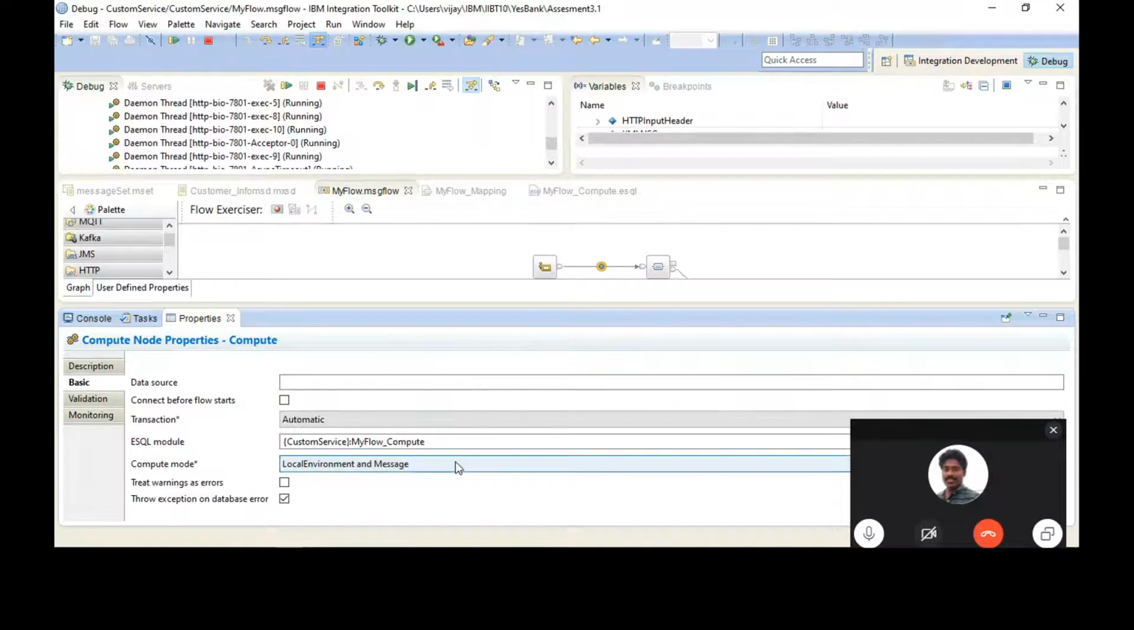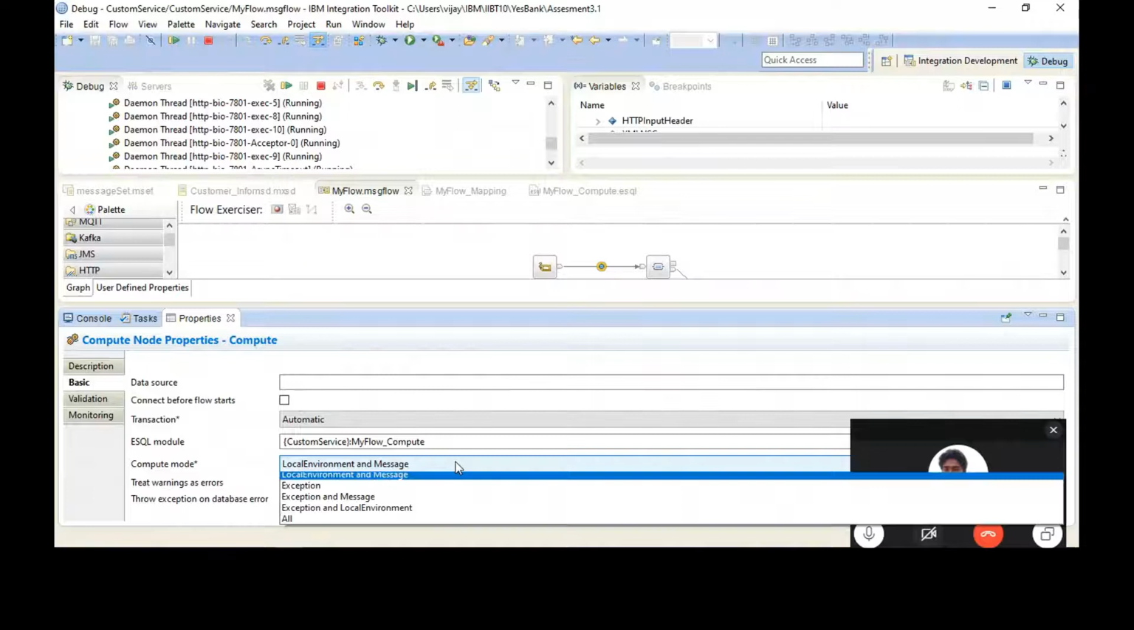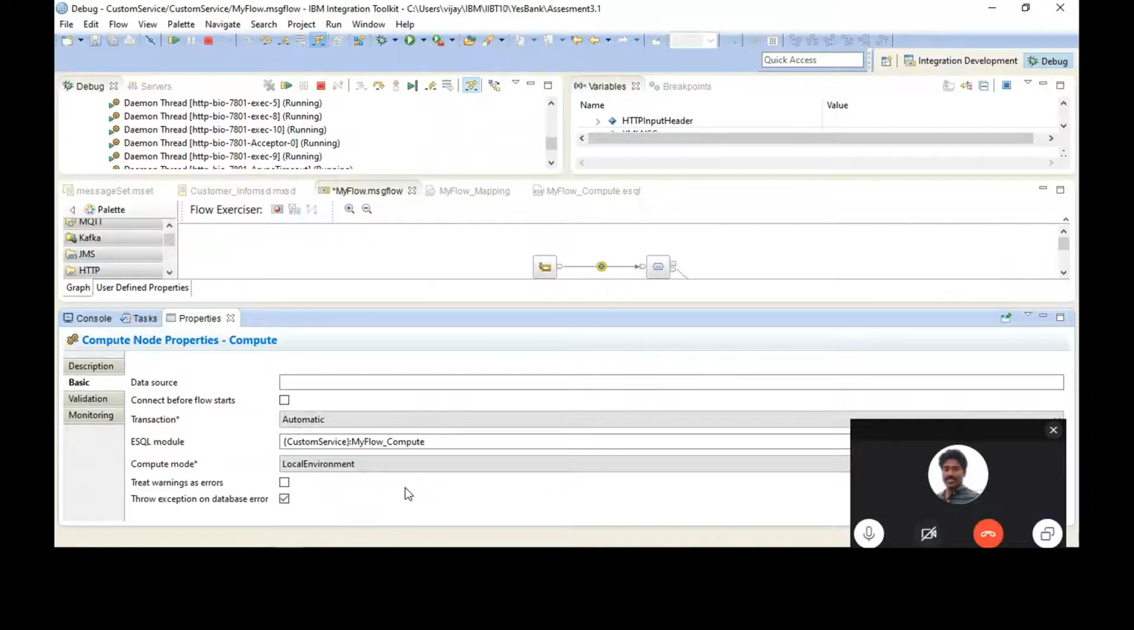When you use this setting on your compute node, it is allowing you to modify the local environment and the message. But your intention is not that. Your intention is routing. So data comes in and, based on some parameters in the data, you want to route it to some location. So you should select local environment alone, because you don't want to modify your message. And within your ESQL compute node,